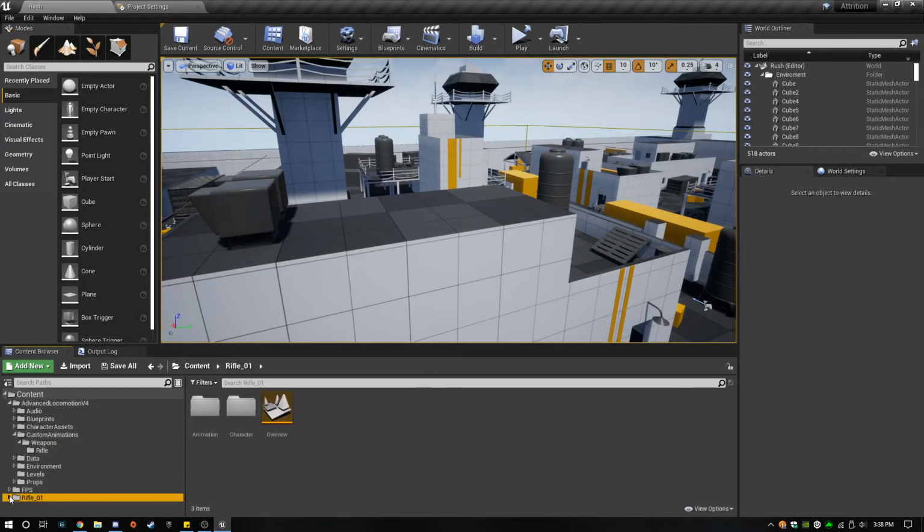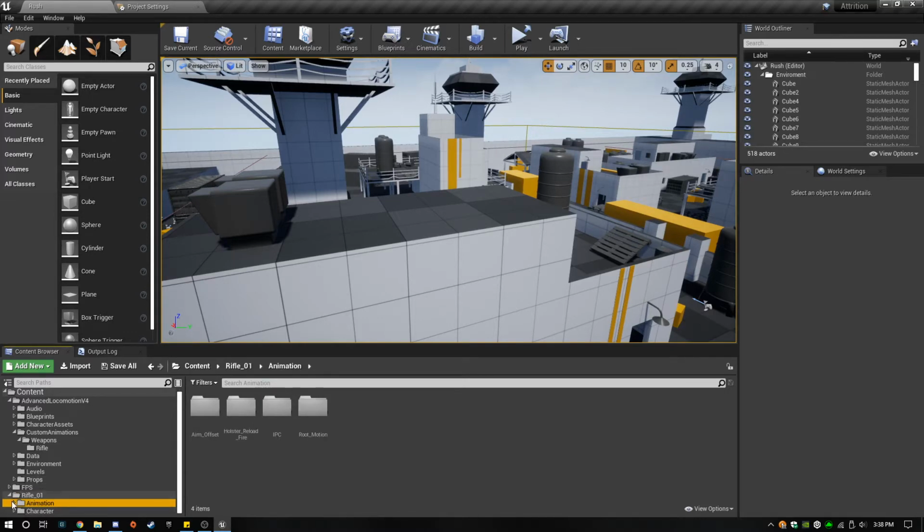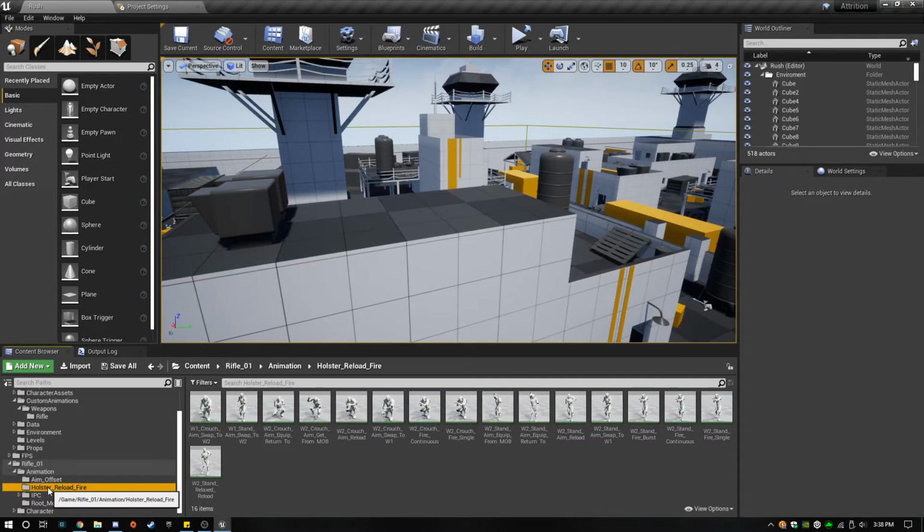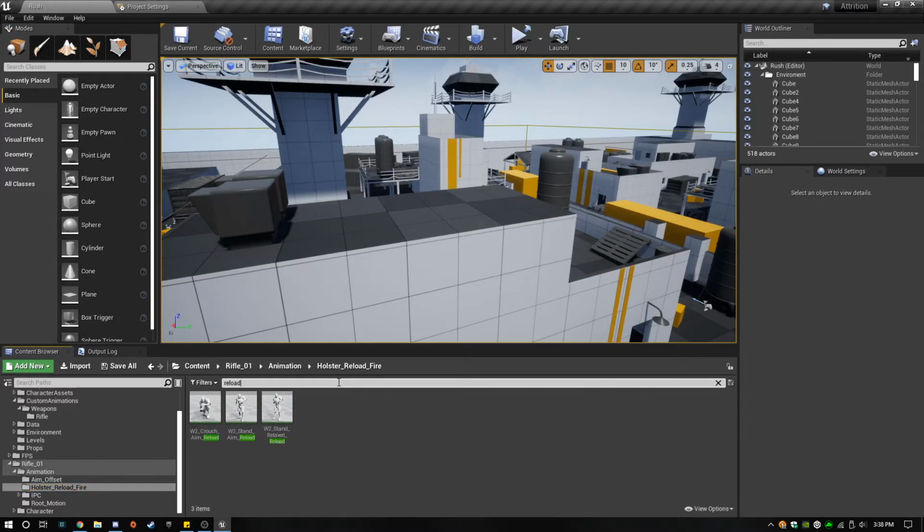Yeah, I like that. So we want a reload animation right now.